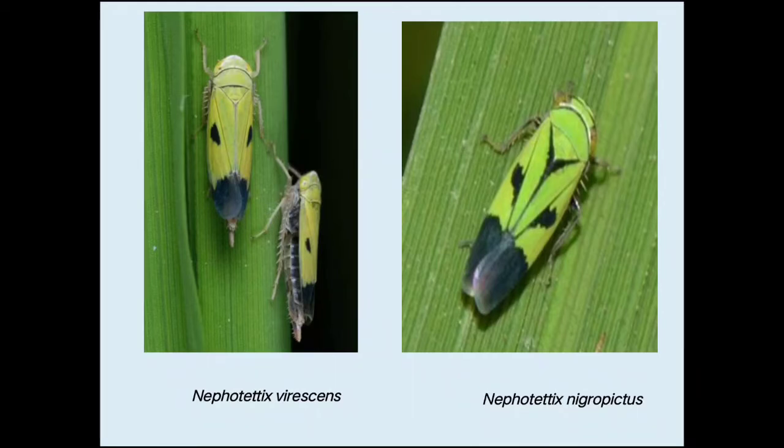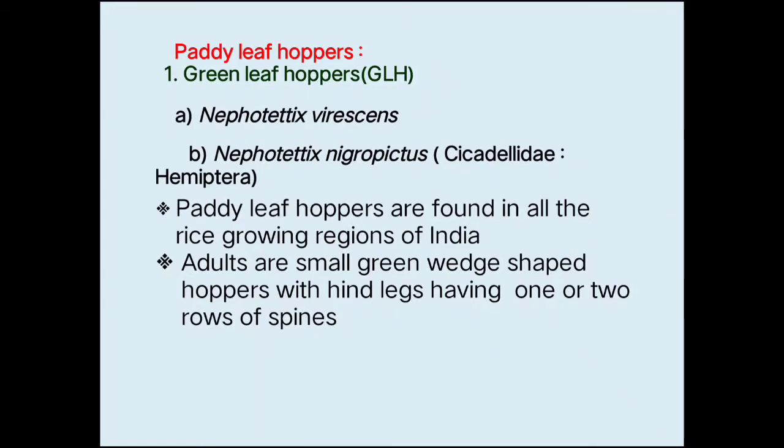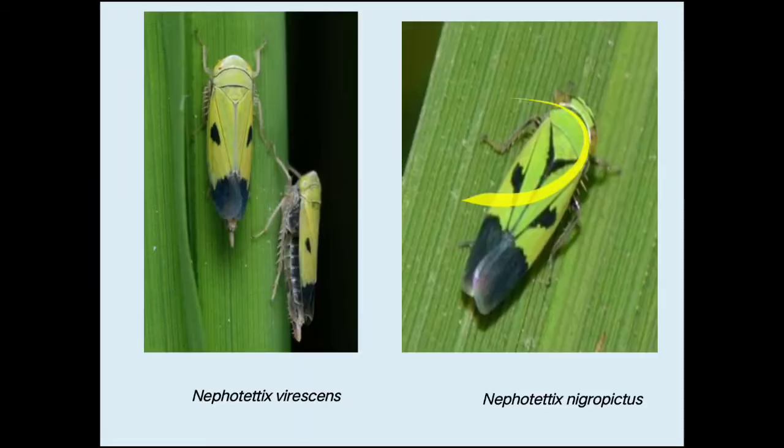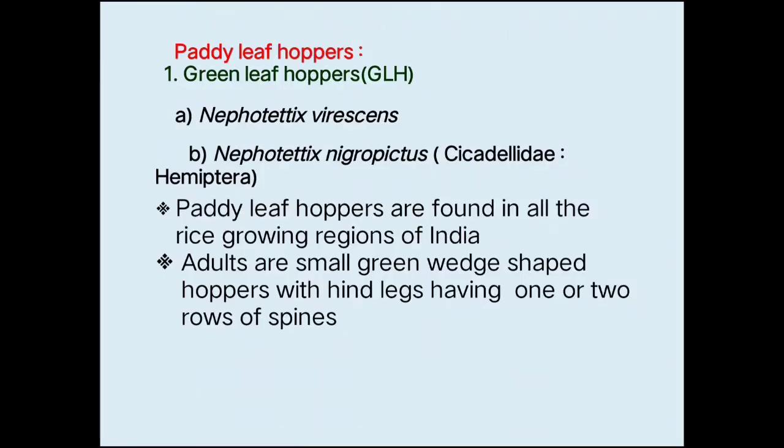As we know, the scientific names of the green leaf hopper are Nephotettix virescens and Nephotettix nigropictus. It belongs to the family Cicadellidae and the order is Hemiptera. Wherever you are growing paddy, you will find this insect all over India. Adults are small, green, wedge-shaped hoppers, and the hind legs have one or two rows of